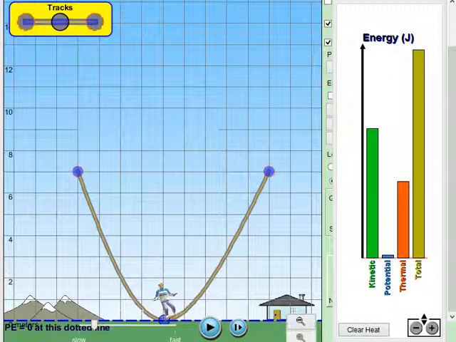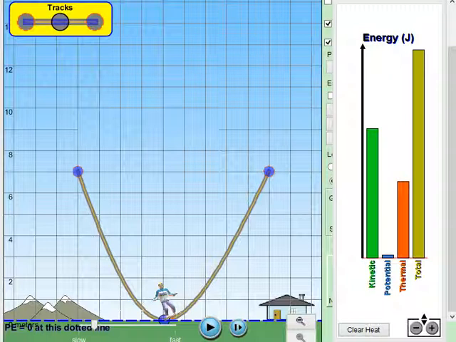There's some other work that's happening. That is the frictional force. Frictional force retards motion and now does some negative work on the skater. This is shown in this bar graph as thermal energy. So the total work done on the skater is less than the case without friction. Hence the kinetic energy at B is less than the potential energy at A. I hope this idea is clear.